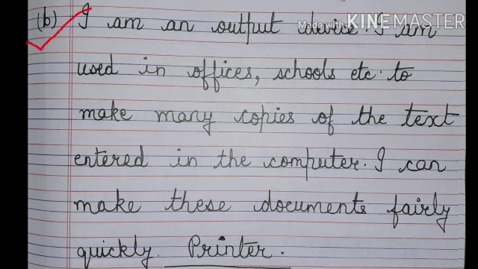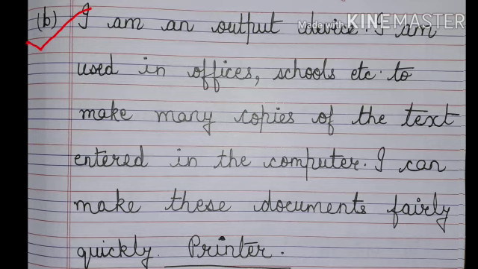Now comes the B point. I am an output device. I am used in offices, schools, etc. to make many copies of the text entered in the computer. I can make these documents fairly quickly.